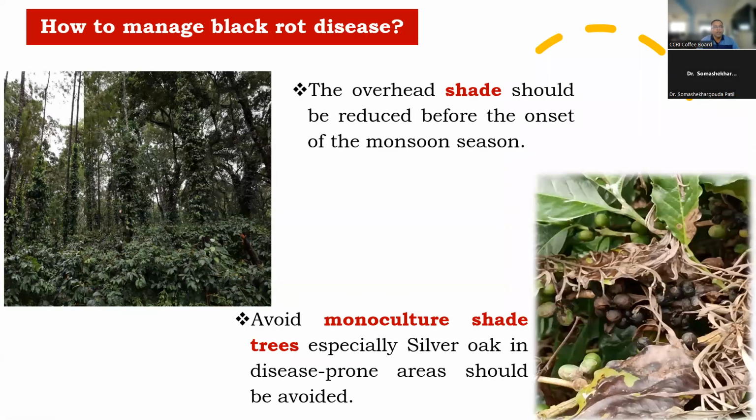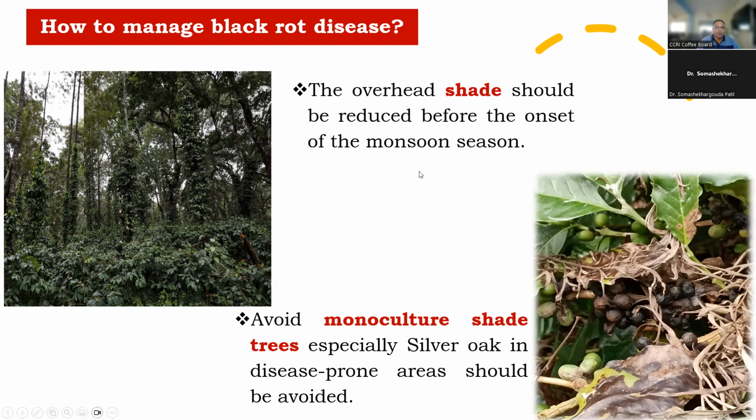Then how to manage this black rot disease? Now we already studied what the favorable factors are and how to diagnose. And now that we know the favorable factors, how best can we manage this disease by creating unfavorable conditions? That is the optimum shade. Optimum shade is very important. So we should take care. We should reduce the